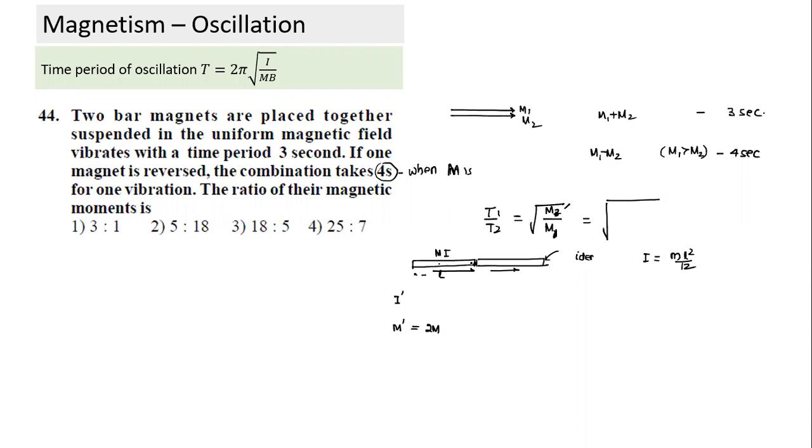Now what will happen when we combine them and make one piece? For I dash, I need first the M value. M dash will be equal to 2M. And the length will now be equal to 2L. It becomes like this. In that case, what is I dash equal to? Again 1 by 12, 2M into 2L square. This is simple, but any combination doesn't matter. If we know how to calculate the moment of inertia of two pieces and how to take the vector sum of M, there's nothing to it. We can have any variation. Doesn't matter. So that's what we have done.